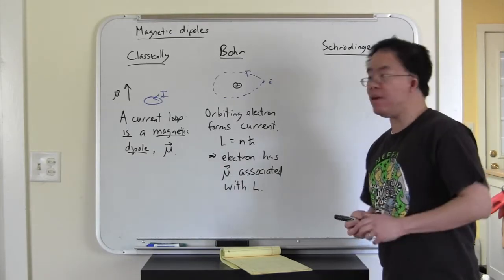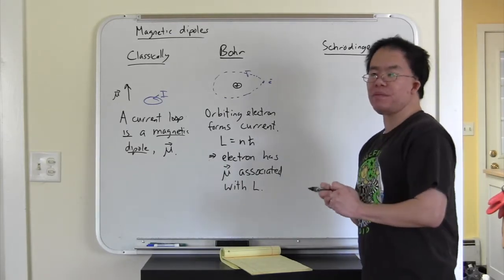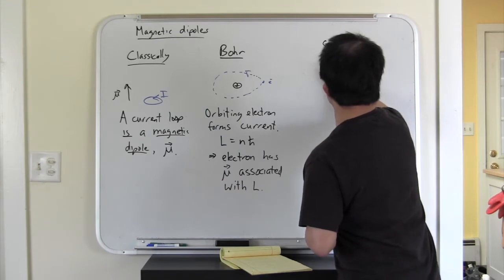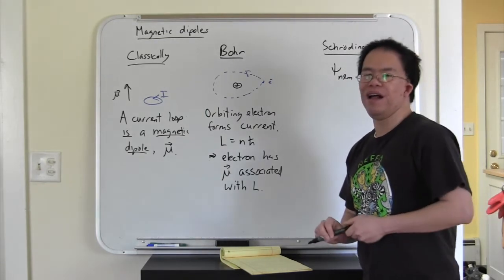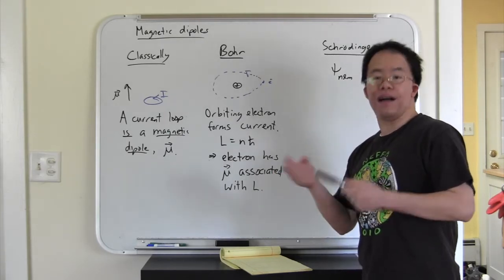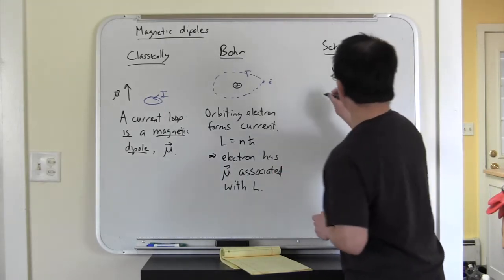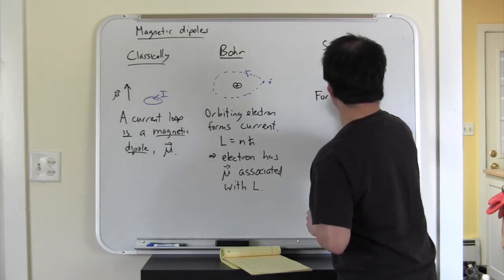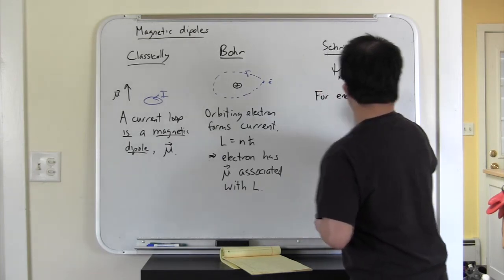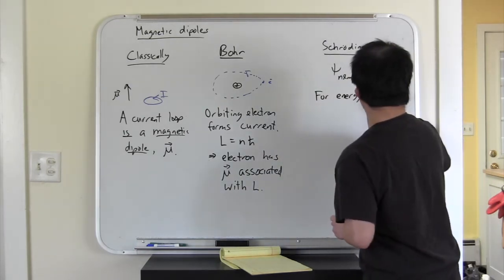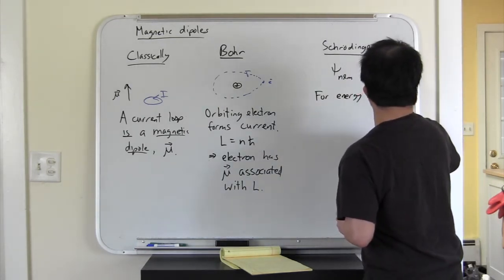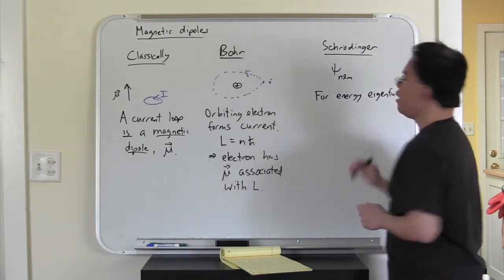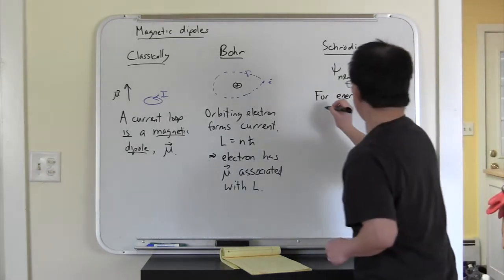But what we learned was that, so I'll just write down the n l m, those are the energy eigenfunctions, right? So for energy eigenfunctions, with l